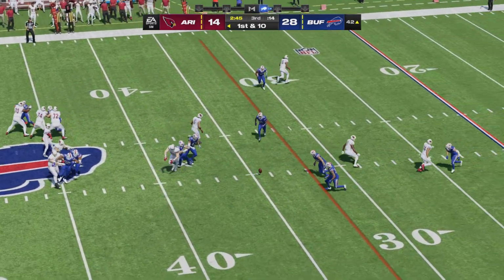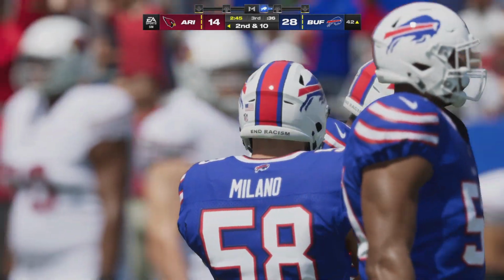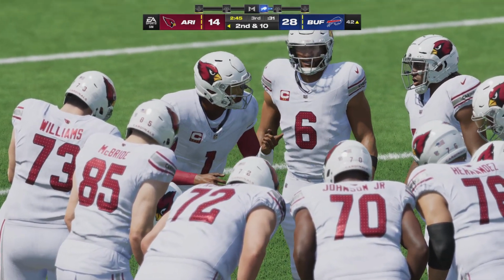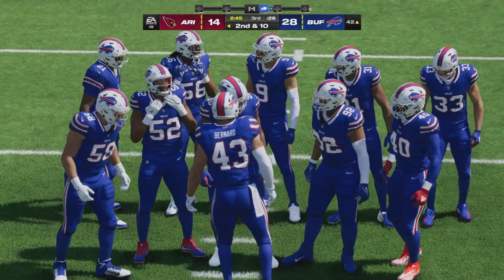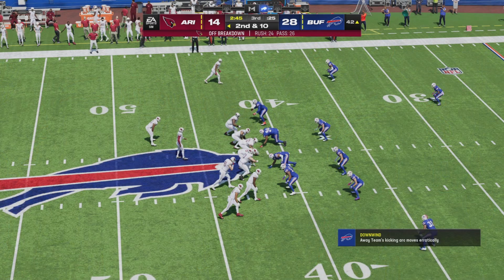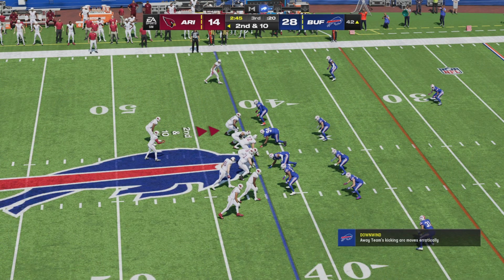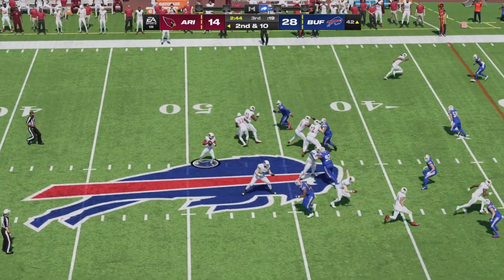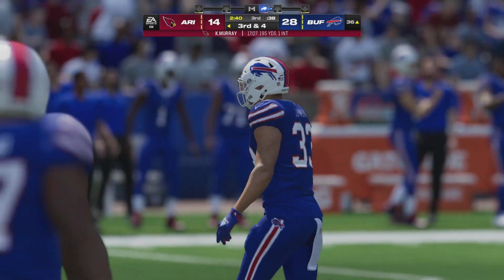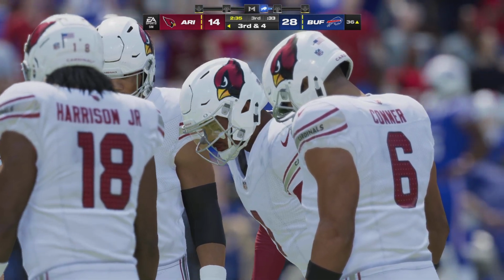Throwing now is Murray. Throwing quickly there, but it's incomplete. A lot of times it's that first read that you have. Maybe you get it in pre-snap, and he locked in on his target, but he was covered quite well, and that one's incomplete. We're in the 3rd quarter in upstate New York with a 2nd and 10. From the gun, Murray. A short one here, caught by McBride. They get 6. That'll leave them with 3rd and 4.